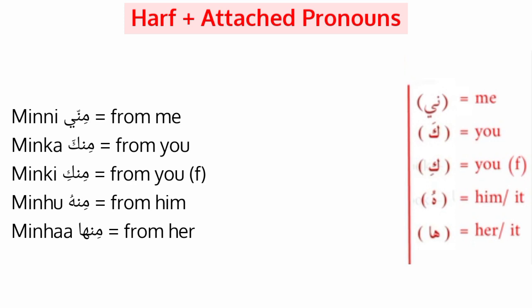Anyways, in Arabic as well, this ana, I, has changed into Case 2 or Case 3, and its Case 2 and Case 3 are same. Anta, its Case 2 and Case 3 are same. Ana's Case 2 and Case 3 are e or ni. Anta's Case 2 or Case 3 is ka. Anti's Case 2 or Case 3 is ki. So that's why when there is a Harf of Case 3 or Harf of Case 2, and I is used, from I or from me, then this will not be min ana, it will rather be minni.